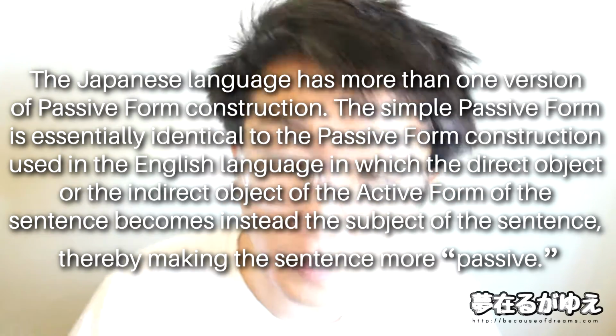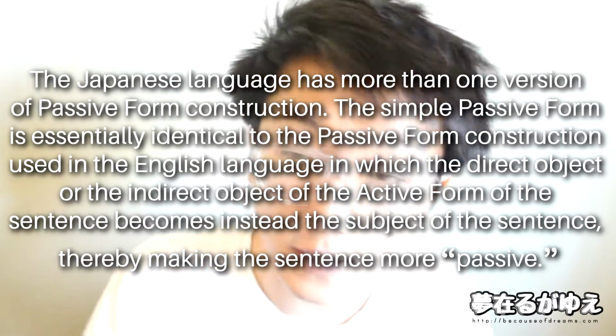This simple passive construction is what we're going to cover in this lesson in Japanese. Just like we just did here, first up we're going to start off with the simple passive construction in which we're turning the direct objects into the subjects. Then we'll cover a few examples of that, and then we'll move on to making the indirect object into the subject, although neither of them is more difficult than the other. It's just the way we're going to organize things here.